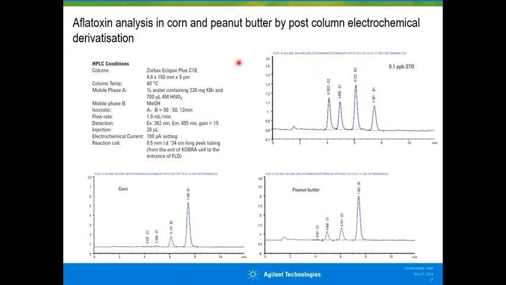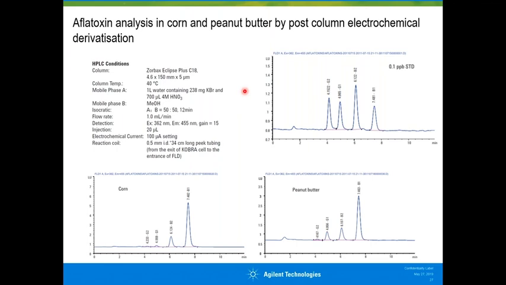But that is not the concentration that I need to test. My limit of detection would be less than 30 ppb, less than 40 ppb, or whatever the standard is that is provided by the regulatory authorities. Okay, so this analysis is carried out using a Cobra cell to derivatize my